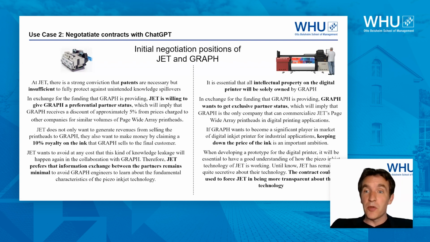Yeah? So the starting point of the negotiation is 2 partners that have different wishes, different expectations, and now they have to negotiate and come to a compromise. And so in my course, the students then spend like 3 hours discussing with each other, negotiating in multiple rounds to finally come to a consensus contract.